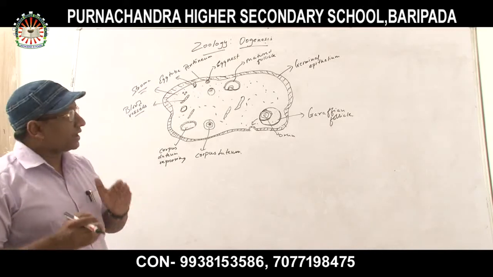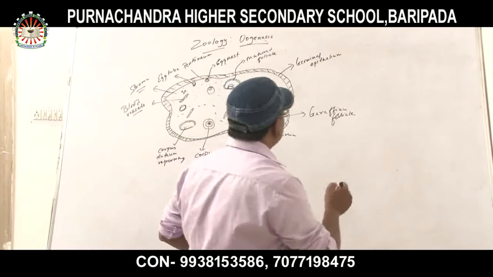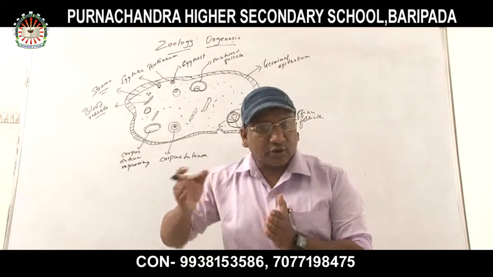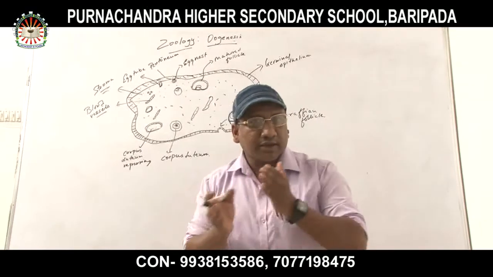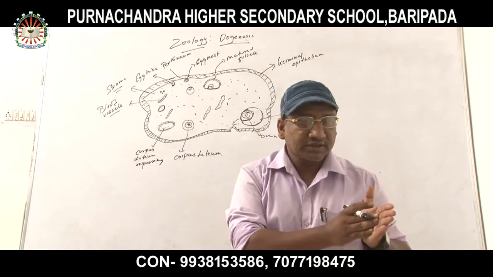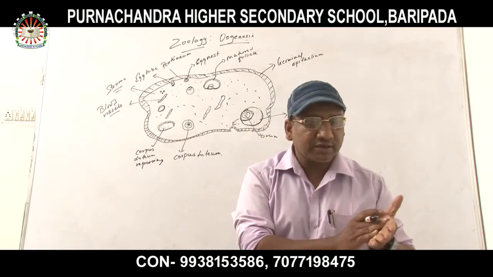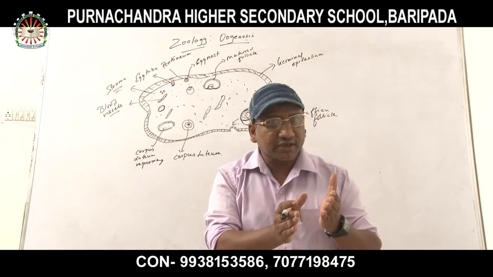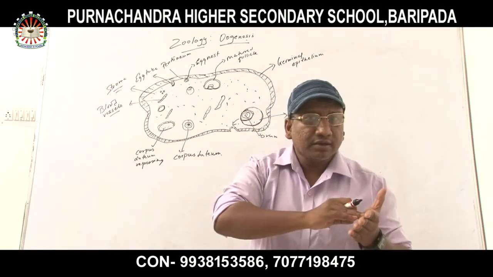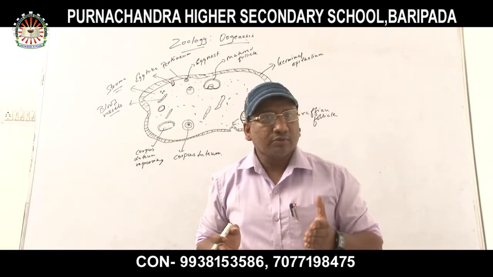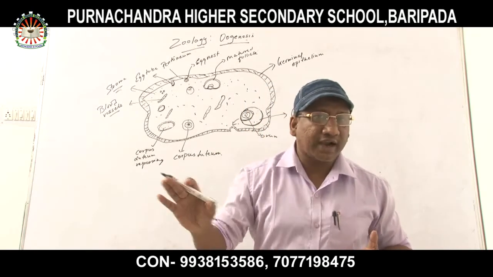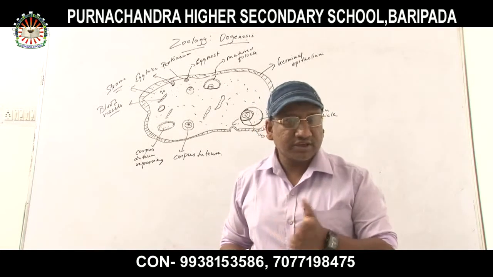So, male urethra and female urethra. The male urethra is 20 centimeter in length, but the female urethra is 4 centimeter in length. And the male urethra is subdivided into three parts. First is the prostate region, having a length of 3 to 4 centimeter. Then the middle region, and the penial urethra having a length of 14 centimeter. But the female urethra doesn't show any such parts.